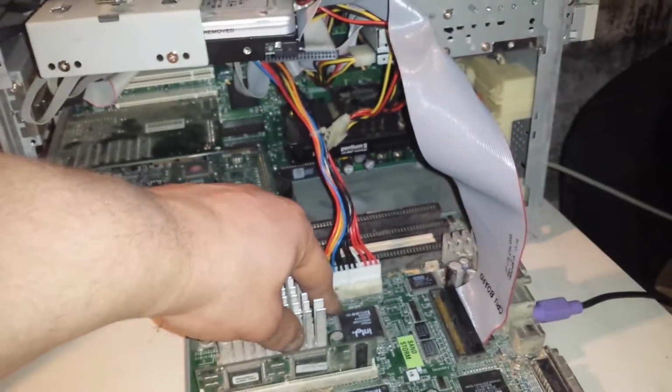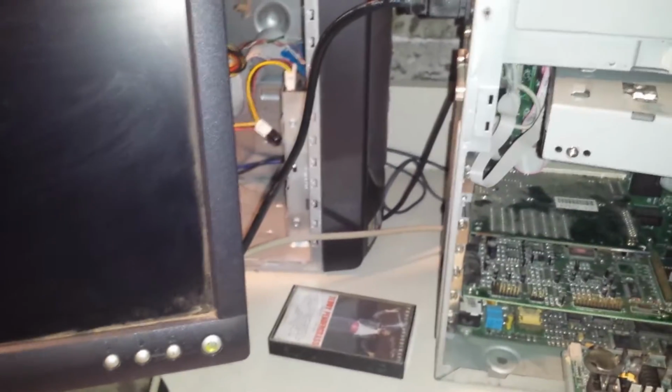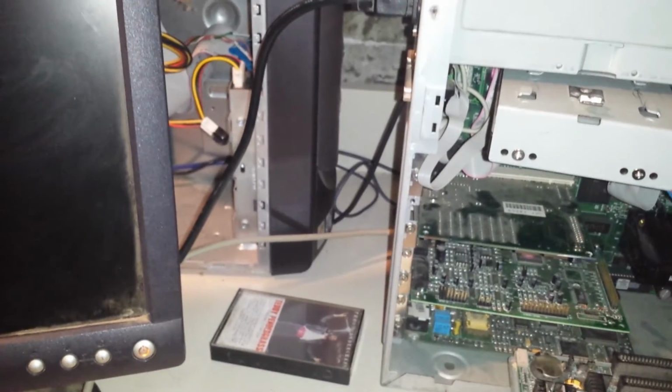I know sometimes Compaqs can be finicky when they've been sitting for a while. I'm going to try to make this a quick video, but see how things go. So I guess the question would be, what should I do with this thing if it actually, you know, Ooh, that RAM stick was loose. Maybe I am locked up here. I did mess with it. You know what? It's actually doing more now. See, I must have locked it up when I